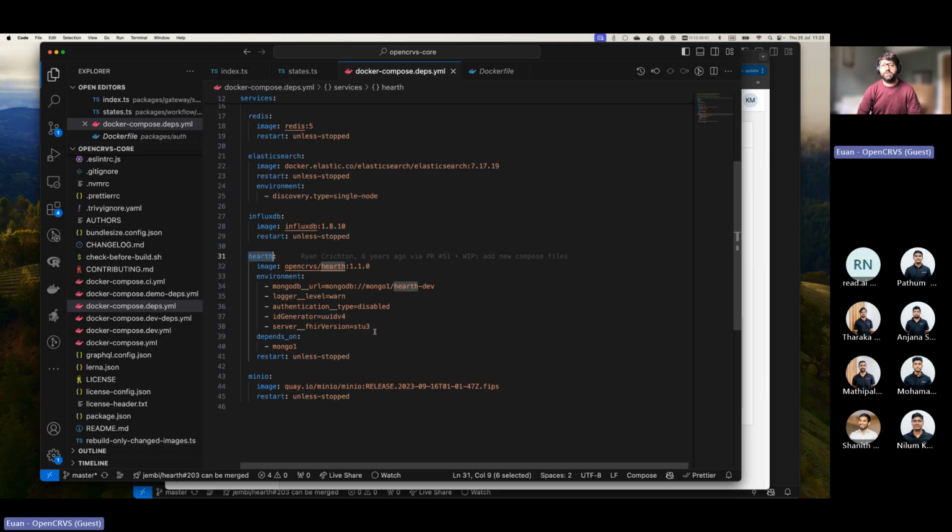They were working on a project called Hearth, which was a NoSQL Fire database server. And they ceased that work. Over the years they stopped working on Hearth and directed their attention to OpenHIM,